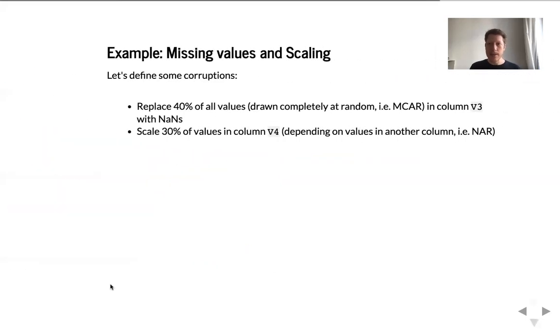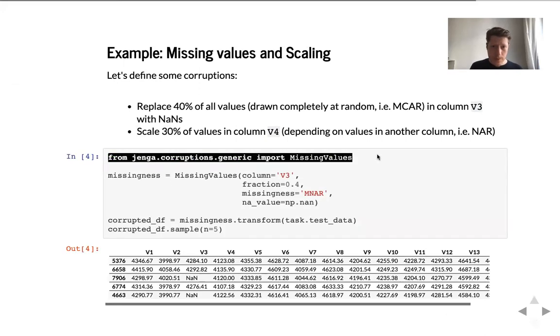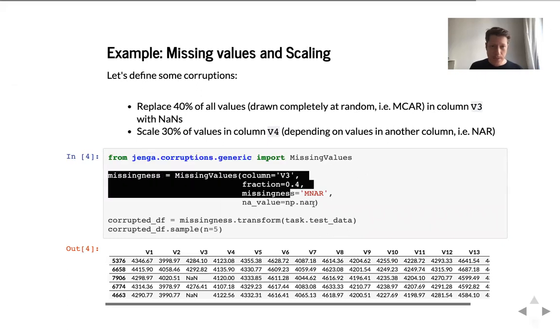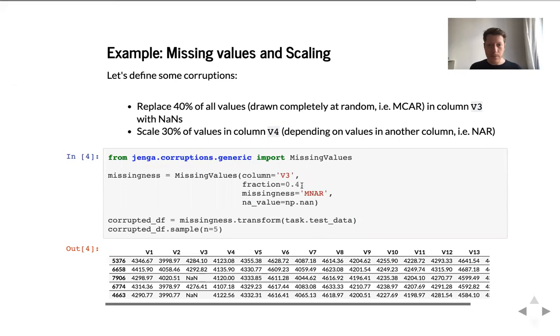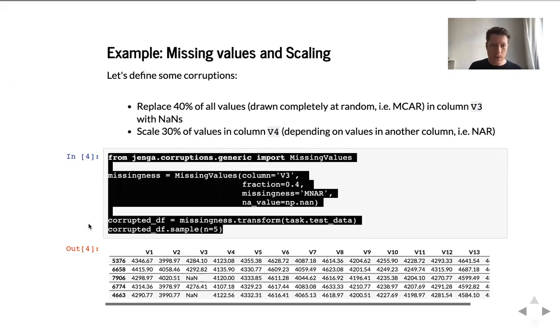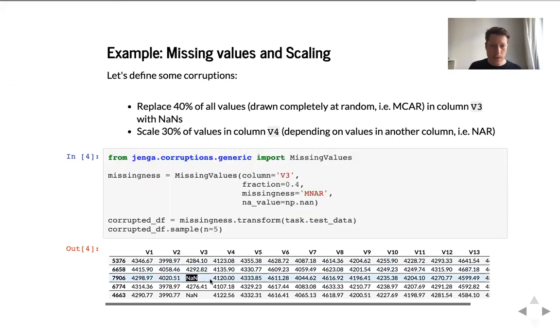Now, let's look at an example where we apply two types of corruptions, missing values and scaling. First, we replace 40% of all values, missing completely at random, in one column with NaN, and then we scale 30% of the values in another column, not completely at random. So here's how we do this missingness corruption. We just specify the missingness corruption, name of the column, fraction, missingness type, and placeholder symbol. We transform the data. Here we transform the test data of our task. And then we just look at the data, and we see here there are some